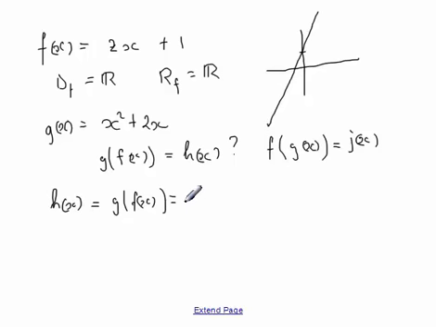So now what happens here? You're going to say g and then say brackets. Inside there, we're going to put the expression for f of x, which is 2x plus 1. And then after this, you are going to perform the action of g. What does the action g say? It says what I'm holding in brackets, I square it, and add it to 2 times the same thing altogether. So what's going to happen here is going to be 2